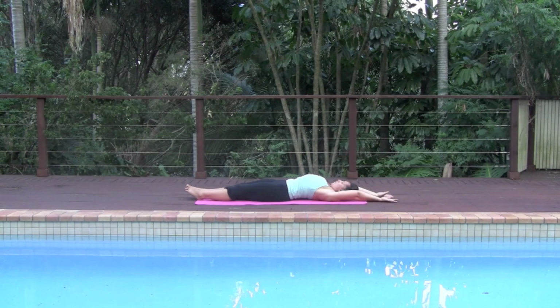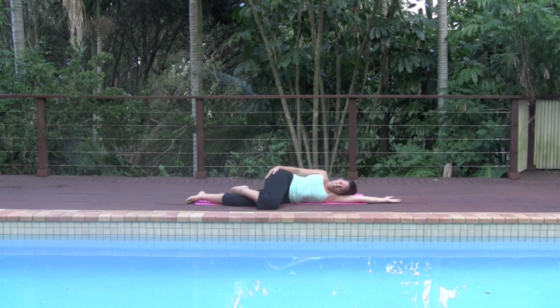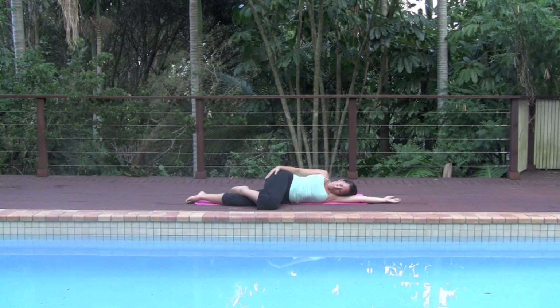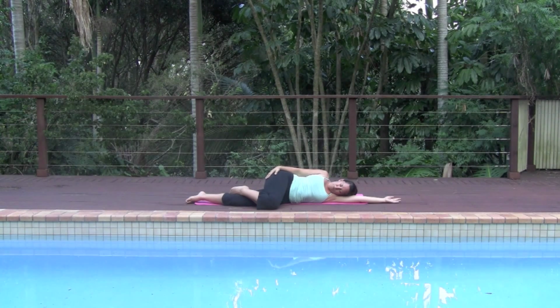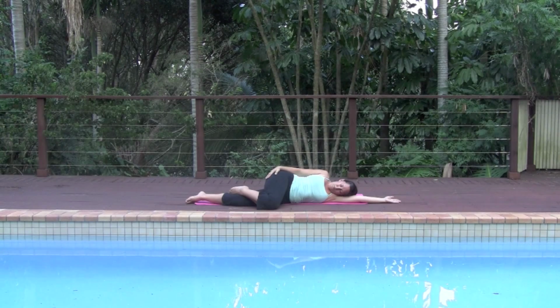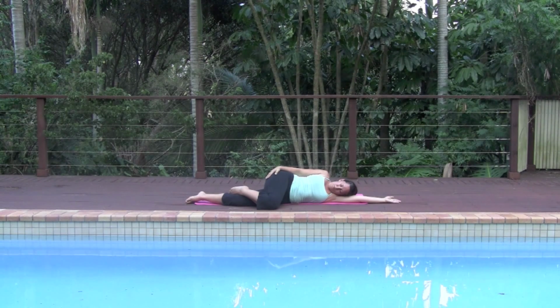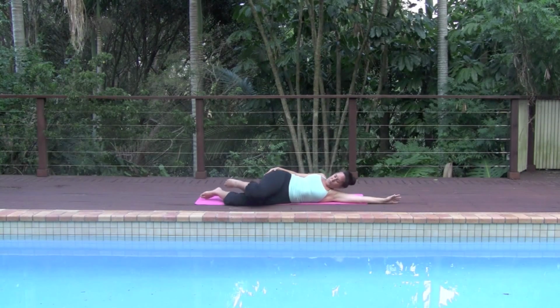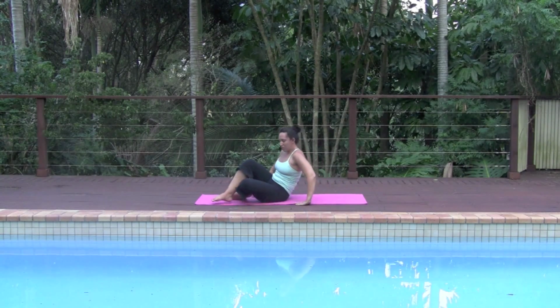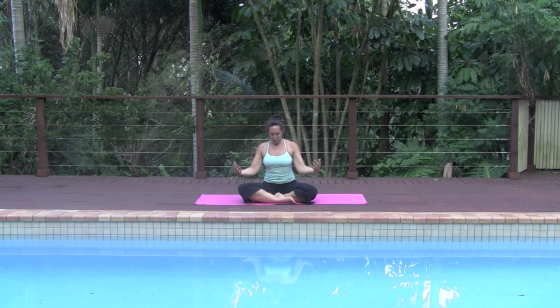We're coming out of our practice, just starting to move the body, wriggling fingers and toes, inhaling the arms above the head and exhaling, rolling out into recovery pose. Resting here for a few breaths, just getting ready to come back into the world out here, keeping that fire in the heart of love always available for yourself and for others. Make your way back to